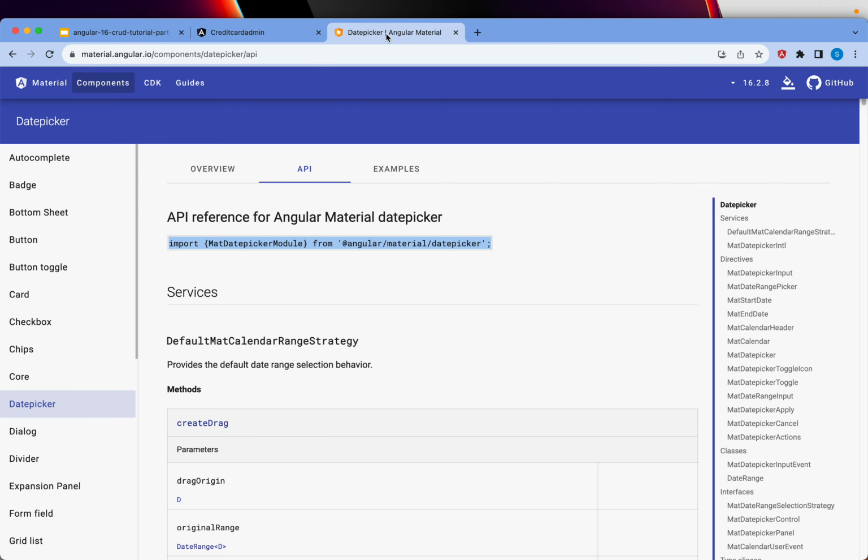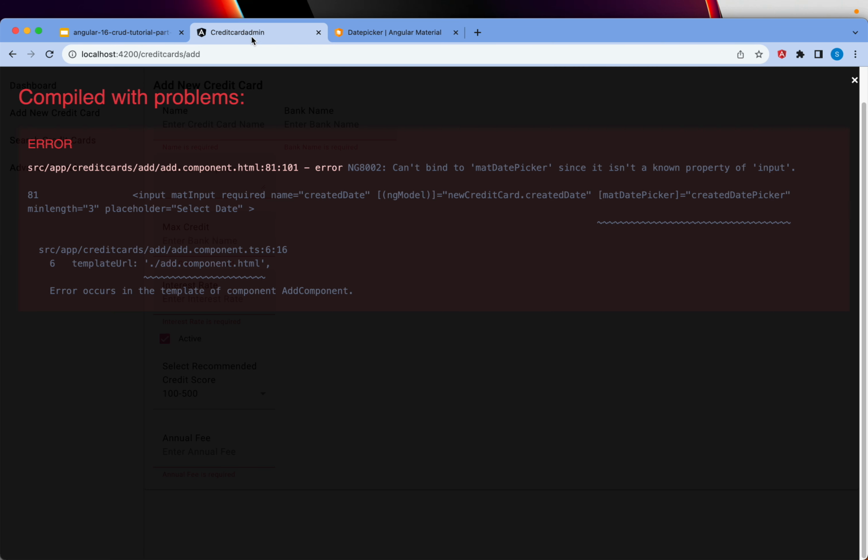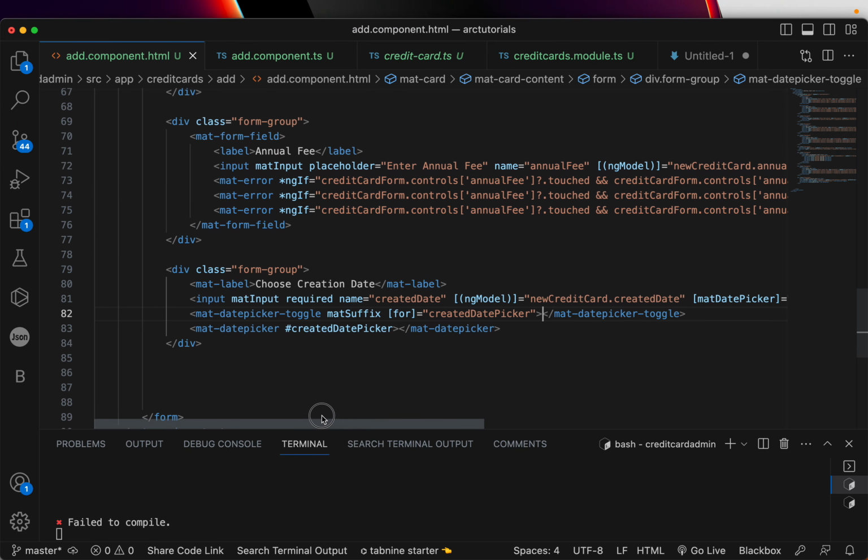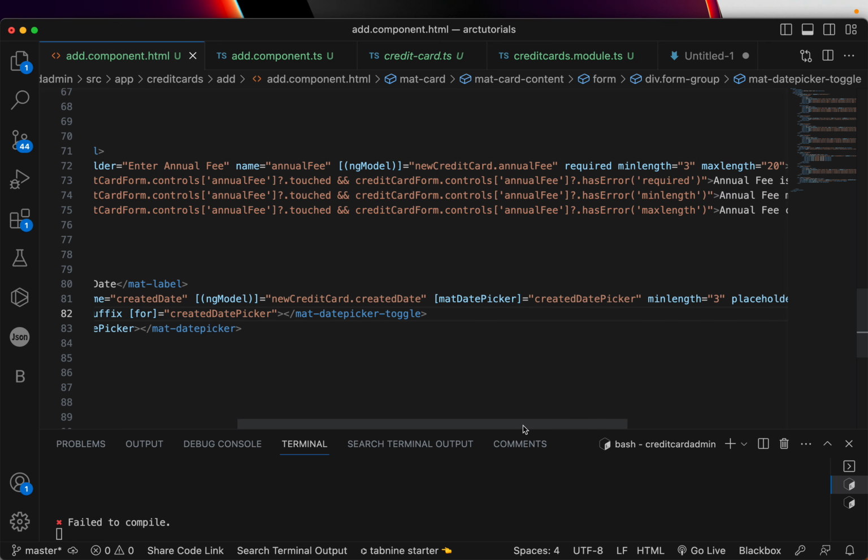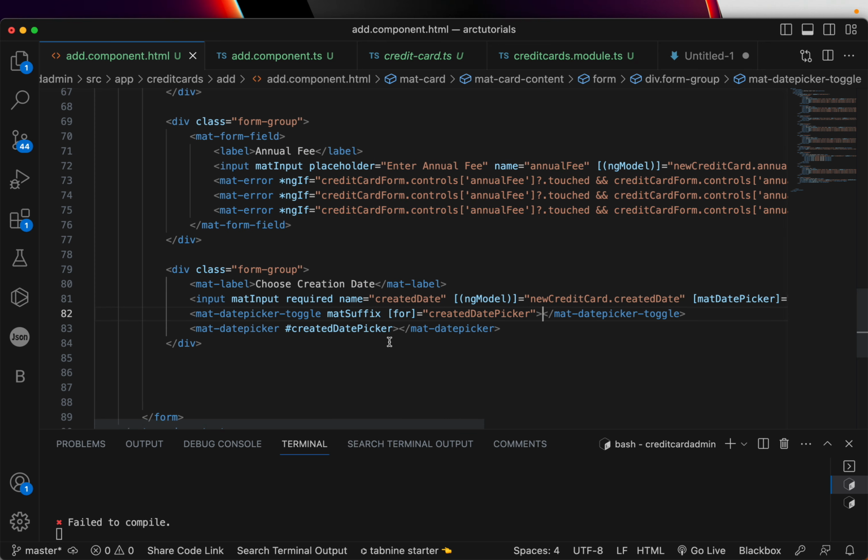Okay, so let's see here, it says date picker module, we have added that, and let's review the code to see what we missed out. So we have the mat input, that's correct, then we have the required, then we have the name field which is created date, that's good, then we have the ng model name and we have given this, and we are saying it's a date picker, mat date picker, and we have assigned the value, minimum length and placeholder. This is okay. Here we are giving created date picker, which is the same name, date picker toggle,